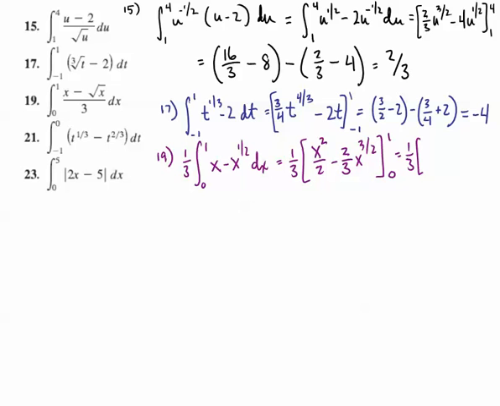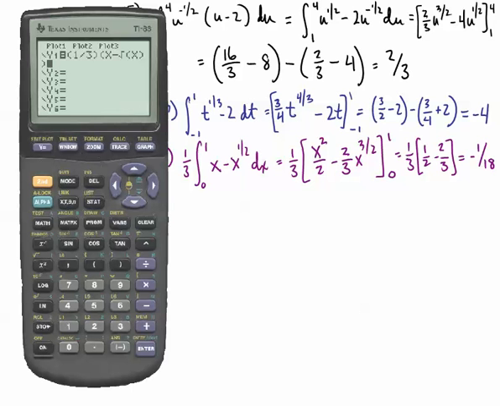And this one should be simpler because when I plug in 0, everything is going to zero out. It doesn't always happen that way, but fortunately in this case, plugging in 0 gives us 0. Plugging in 1 is just going to give us 1/2 minus 2/3. And when I do the arithmetic there, alright, so bringing in the graphing calculator, we have 1/3 times x minus